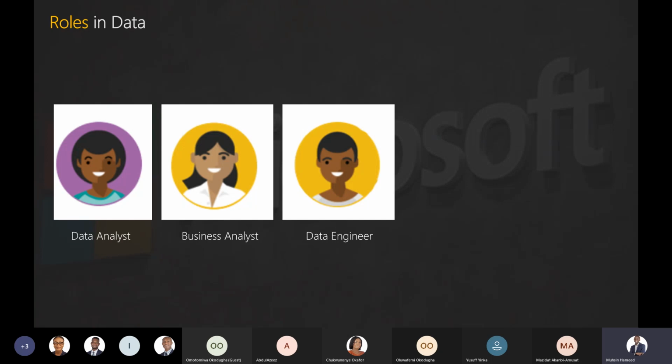A data engineer creates that link between the database and the end user. The end user in this sense is the data analyst. So it ensures that data is regularly fed from the database down to the data analyst.